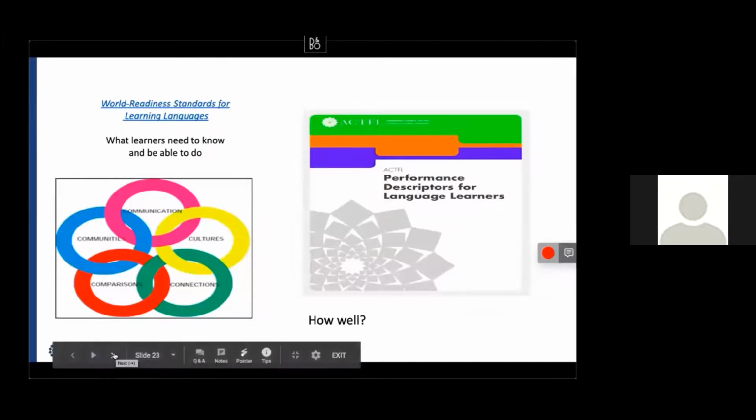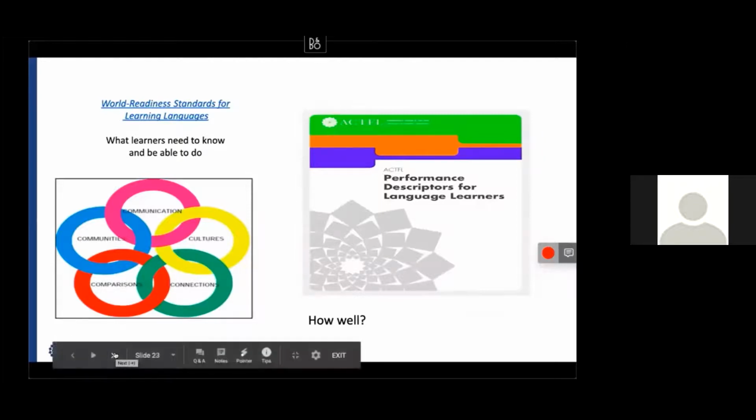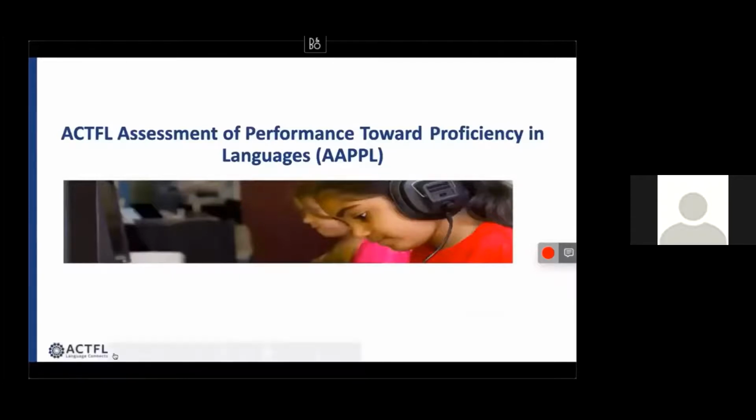So whereas the standards reflect what learners need to know and be able to do, the question then arose, well, how well do students need to know and be able to do, or to achieve the standards? And to answer this, the Performance Descriptors for Language Learners was created. Next slide. To show how well. And then the next question was, well, how do we assess this? How do we know how well students are